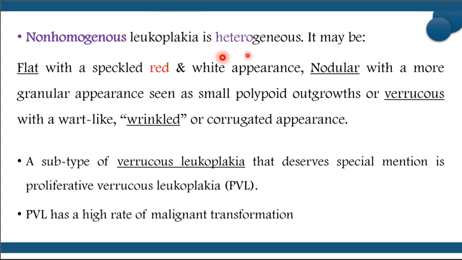Non-homogeneous ببساطة هي عبارة عن heterogeneous flat with a speckled red white appearance. معناها أنا عندي هنا mixed lesion عندها two colors، شكلها flat, nodular, verrucous or wrinkled أو corrugated. تمام. عندنا subtype of verrucous اسمه PVL اللي هو proliferative verrucous leukoplakia، يعني بيقعد بيكبر بيكبر بيكون شكلها زي الوردة كده. ال PVL ده عندها high rate of malignant transformation. اوكي،